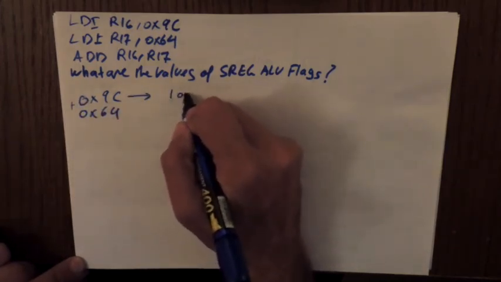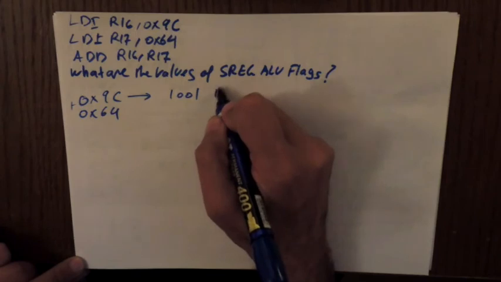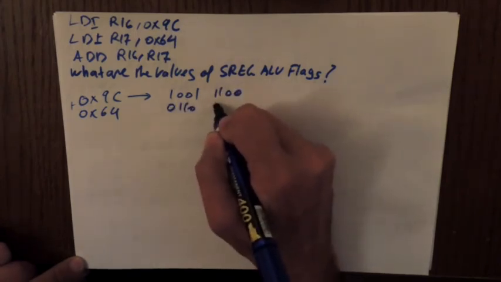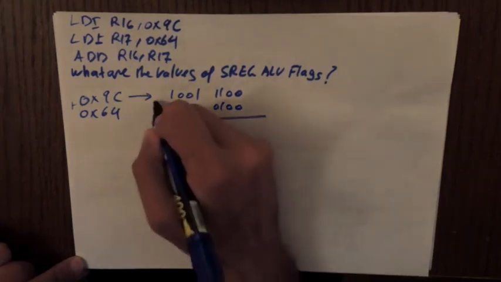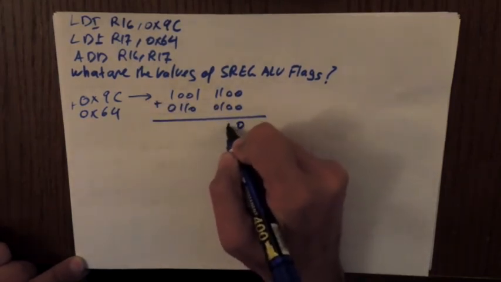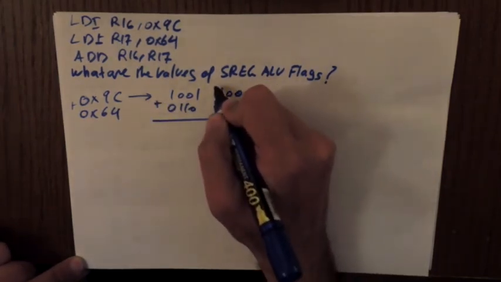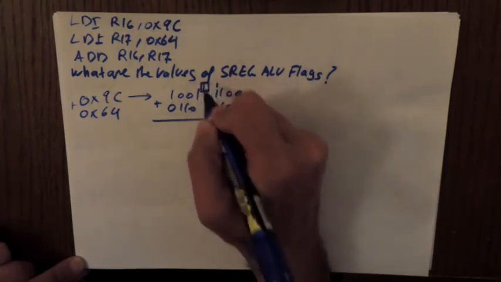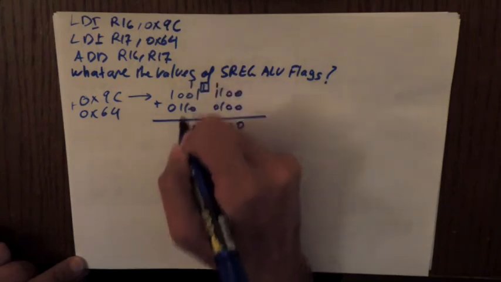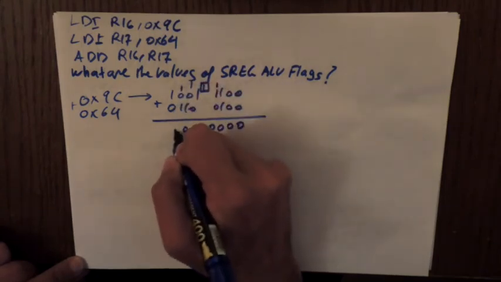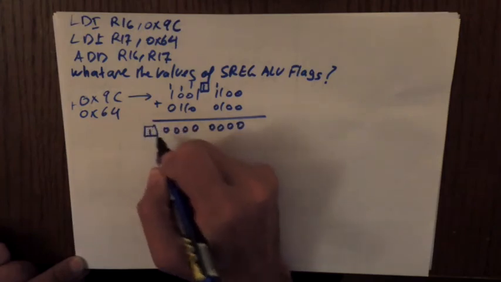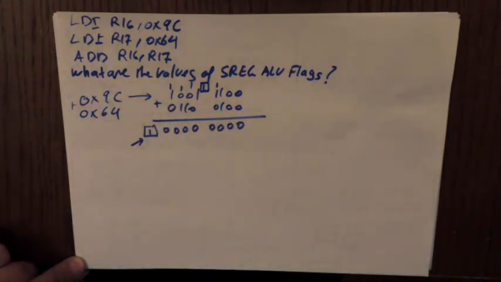This is 1001, which is 9, and C is 1100, and we have 6, and then we have 4. So when we do the addition, we have a carry here, and then another carry. Remember, this is the half carry, and the carry ripples through the bits until I reach C, the carry out